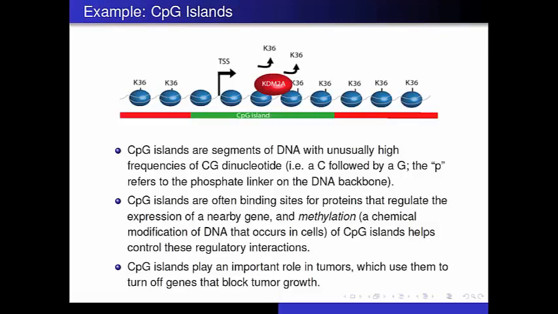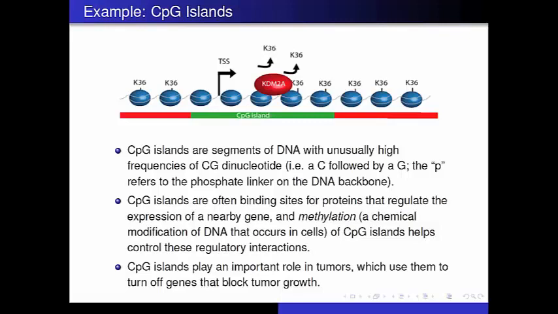These highly enriched regions called CpG islands are themselves enriched for binding of specific proteins that regulate gene expression, and also for chemical modifications such as methylation, which then themselves, those chemical modification events, influence regulation of gene expression. This is even important in disease. For example, in cancer,